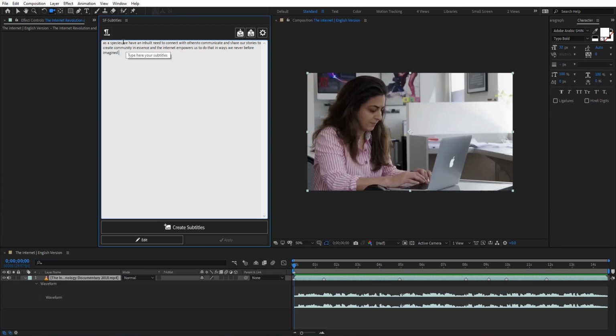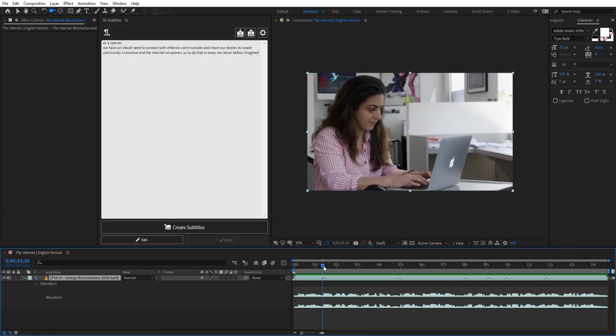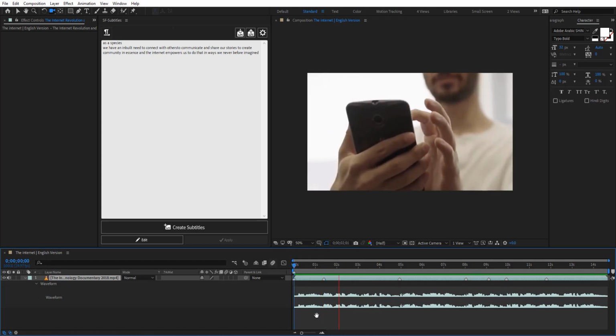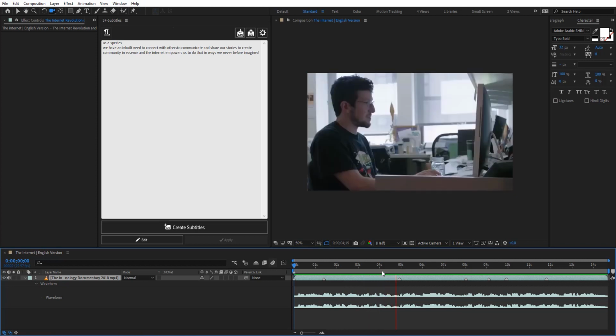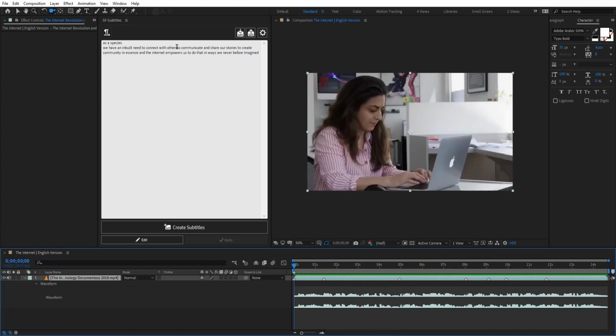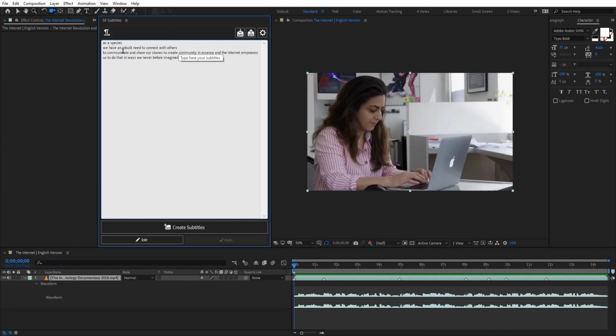So the first one is just this word. We have "need to connect." So let's say here, "As a species, we have an inbuilt need to connect with others." Okay, so "to connect with others," stop right there, "to communicate and share, to create community in essence, and the internet empowers us to do that in ways." So here we have 7 lines created, so let's hit create subtitles